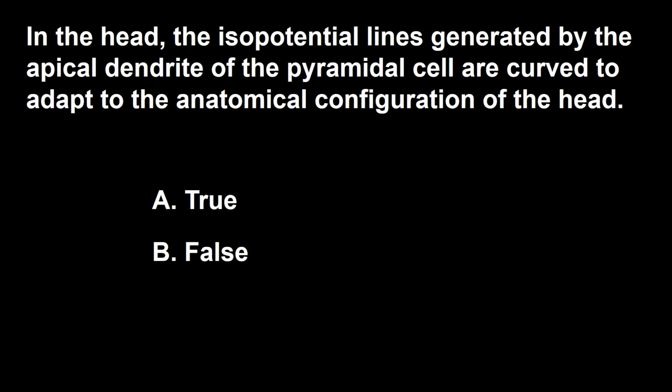Next question. In the head, the isopotential lines generated by the apical dendrite of the pyramidal cells are curved to adapt to the anatomical configuration of the head. A true, B false. In this frame, I have represented a dipole with the electrical current as green lines with